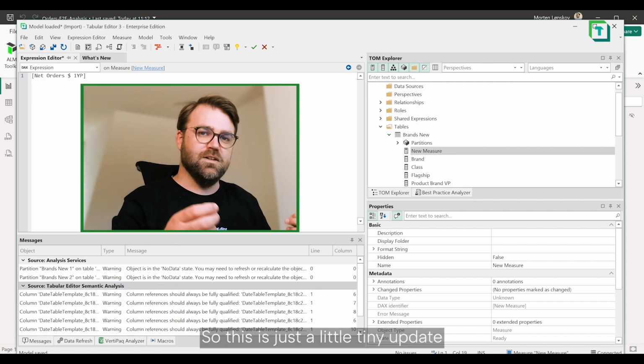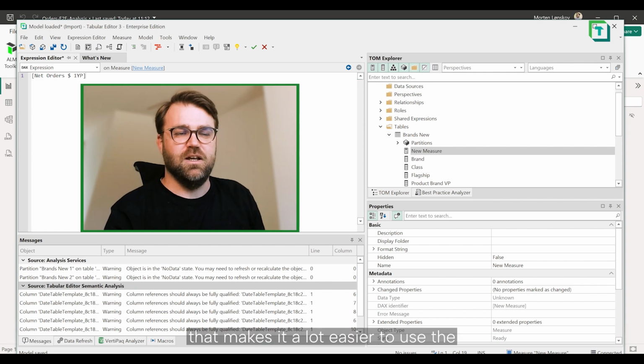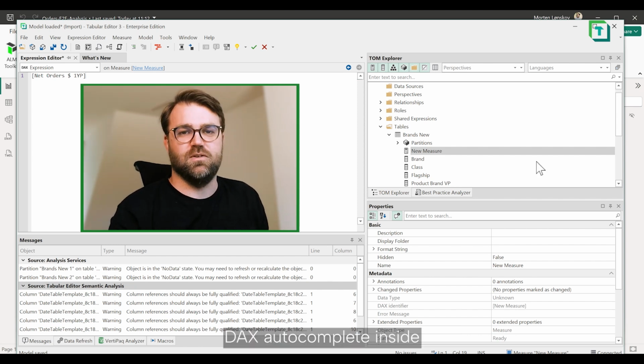So this is just a little tiny update that makes it a lot easier to use the DAX autocomplete inside Tabular Editor 3. Now that was it for this release video of Tabular Editor